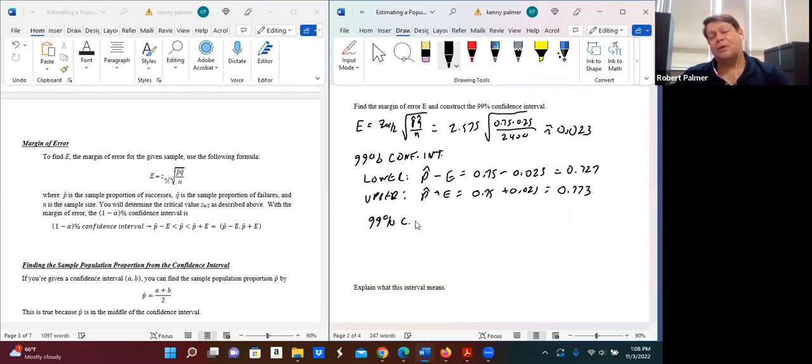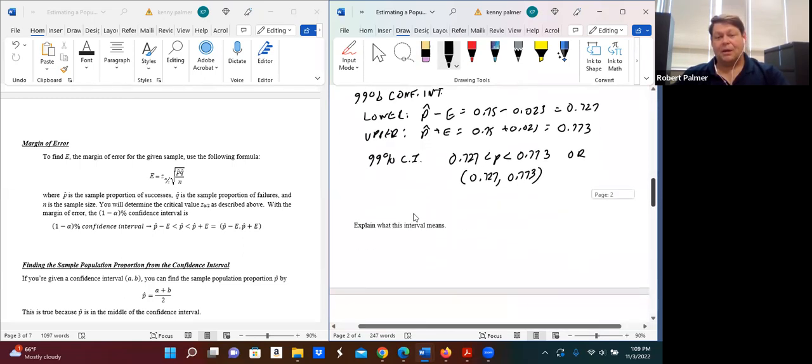99% confidence interval, we're saying the true value is somewhere between 0.727 and 0.773, or we can write it as an interval, 0.727 and 0.773. Okay, so once again, what does this mean? Well, what it means is that